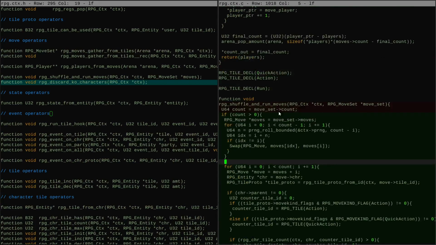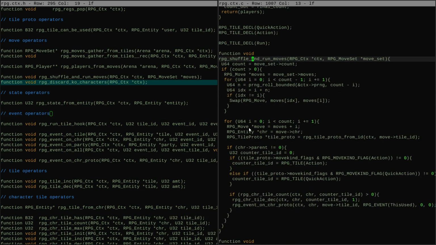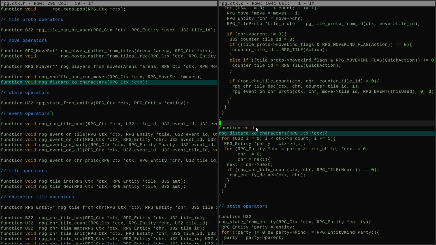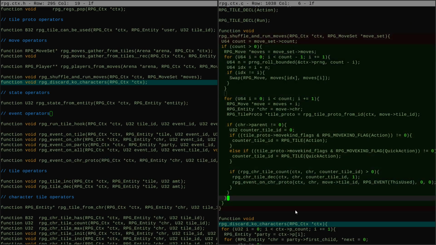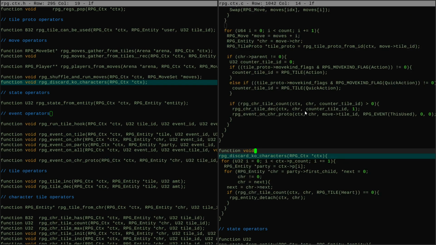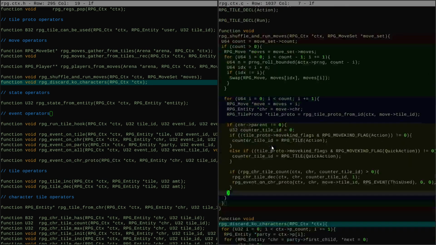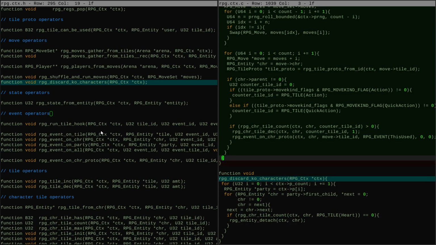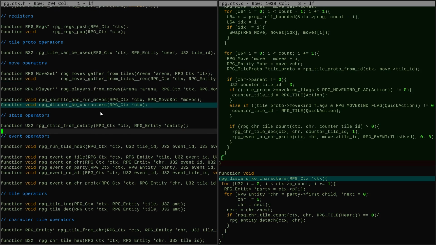I think ultimately I want to be able to say once I've got a collection of moves that I know I want to run, this thing that shuffles and runs them should include everything that needs to happen, including applying damage and then ultimately discarding KO'd characters, right? That should always be automatic and basic to the idea of like applying a set of moves. Apply moves should just be a thing I can do anytime, anywhere, so that I can build rules around that,